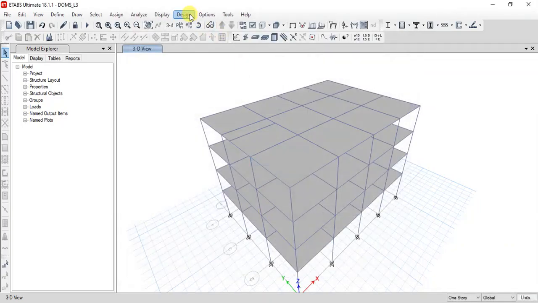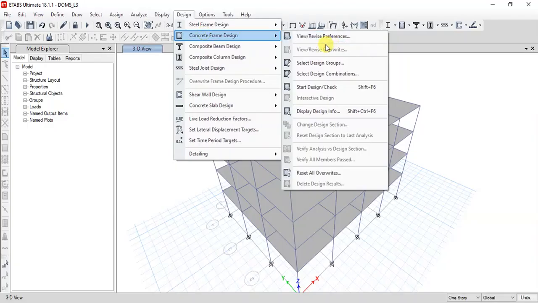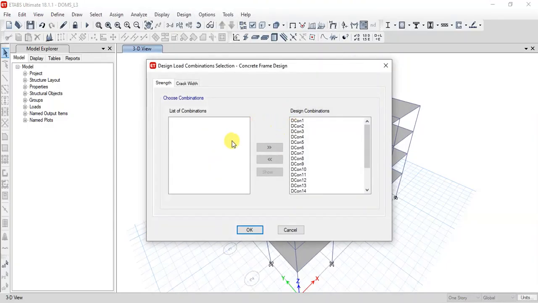Go to the same design again, which asks what combinations of forces you want to exclude. Any combo out of these 20, you can bring to the left side, so that combination will not be considered for design.